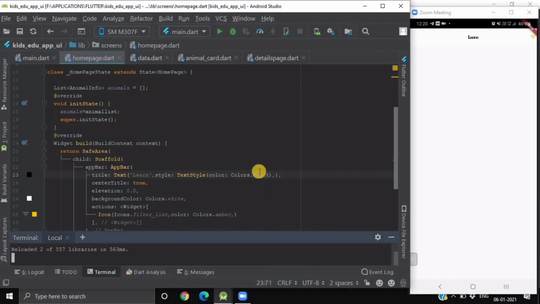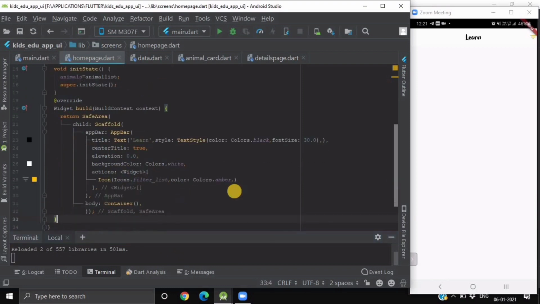Might be visible. So here we are having our learn text as well as an icon at the leading side of our app bar. We'll provide a font size as well, make it 30, and this time when we reload, we will have a bigger text size.